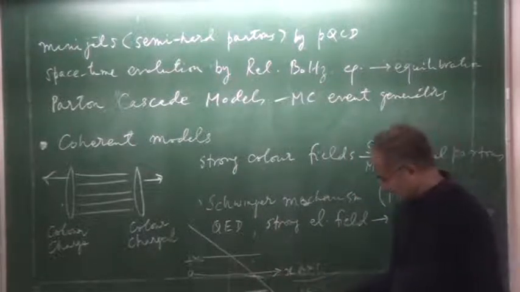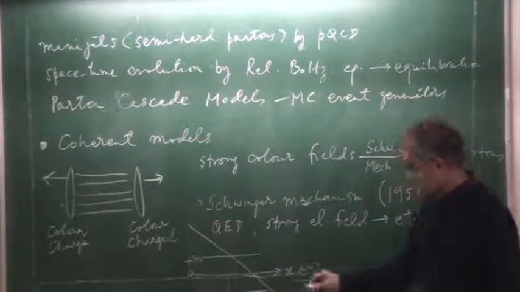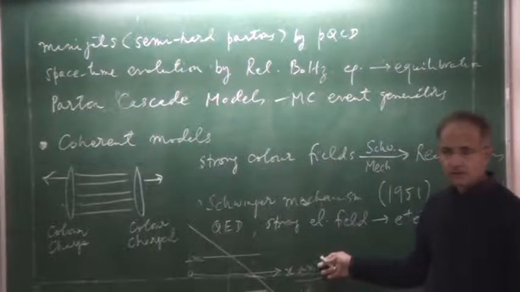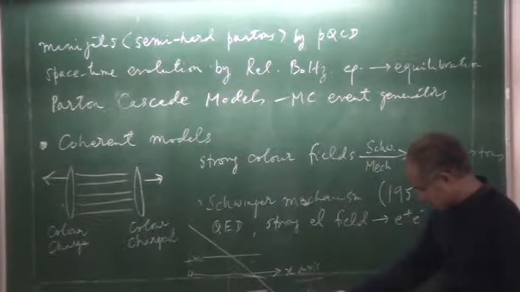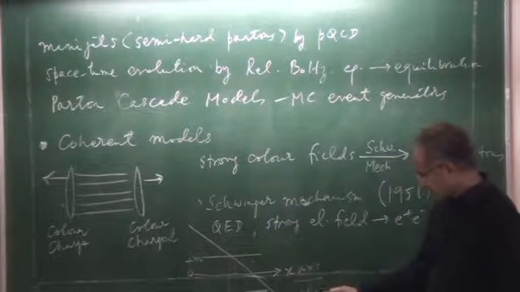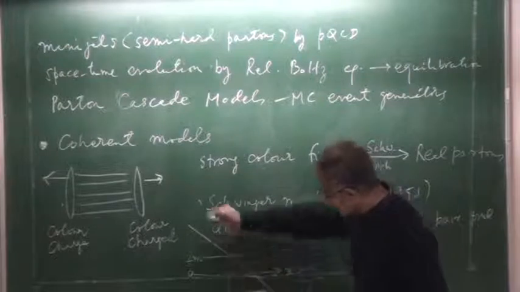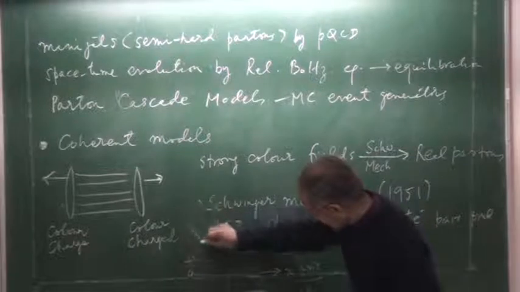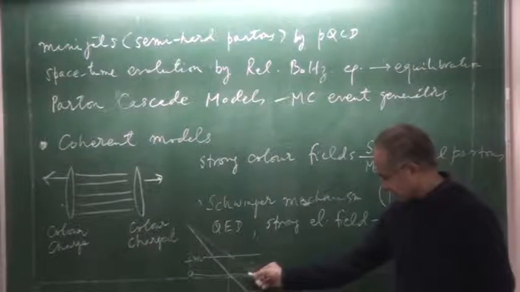If it is Z, I should write X here, because I'm going to plot the potential, so I need some coordinate axis. I'm introducing electrostatic potential, which is minus modulus of E times X. So when X is negative, it is positive. And for positive X, it is negative, and it is a very strong field.